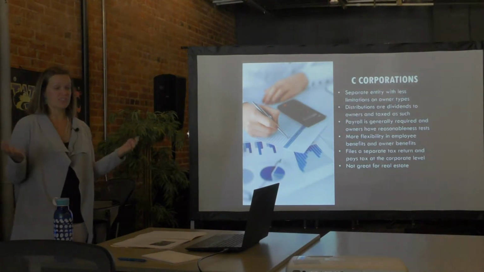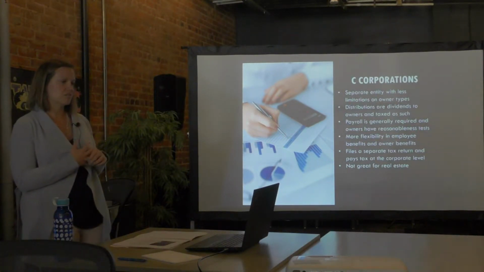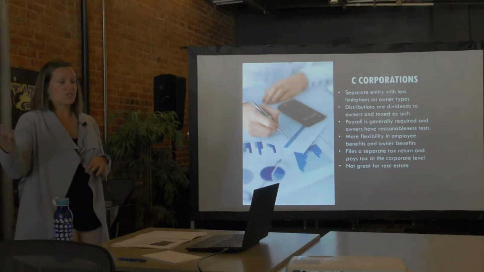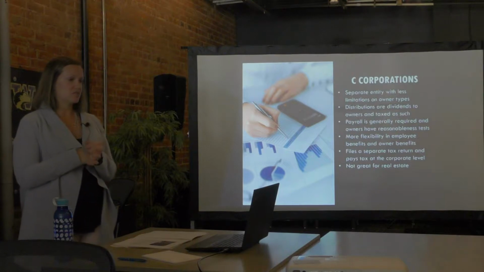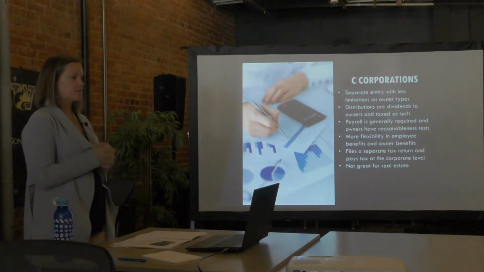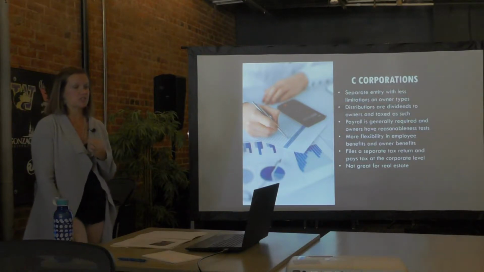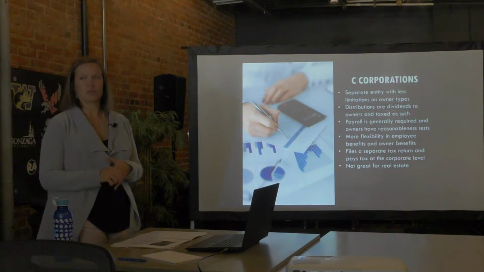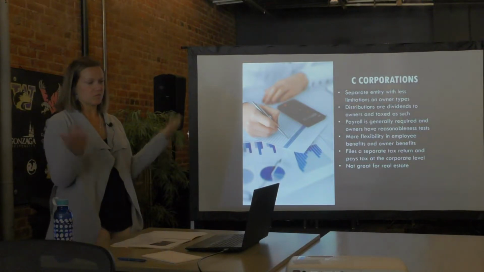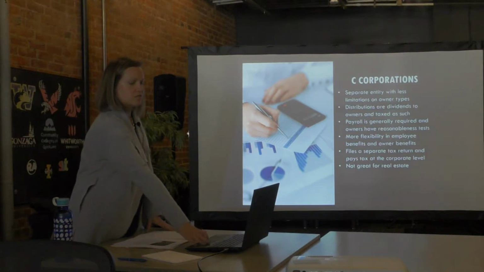And sometimes, like in big doctors' practices, that makes sense, and they are C Corps just based on some of the employee benefit situations. Or they were C Corps 100 years ago and never changed to anything else because of their employee benefit situations. Like I said, it files its own tax return, it pays at the corporate level, and any distributions are taxed. And it's not great for real estate either. It's hard to get a piece of property out because you have to distribute it, which would become taxable twice. Any questions on C Corps?